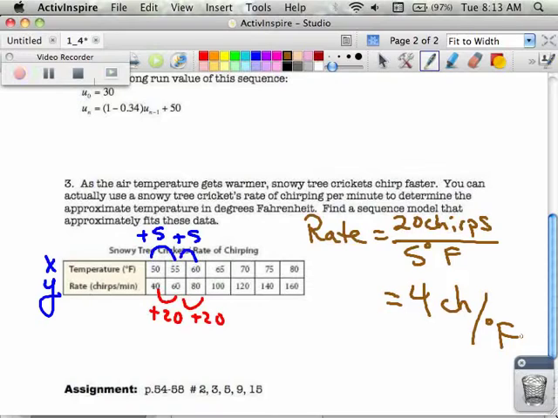And earlier we had talked a lot about this. How do we do our U sub whatever? And I told you you could start with any number you wanted to. Remember, we've been doing U0, U1, that kind of thing. So I'm going to do something completely different this time. I'm going to say that my starting position is not going to be U0. It's not even going to be U1. It's going to be